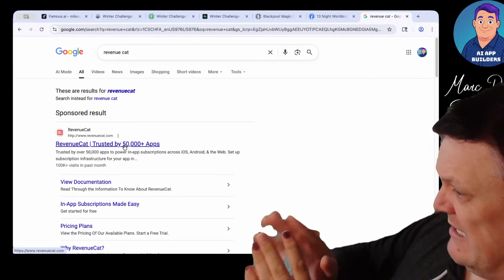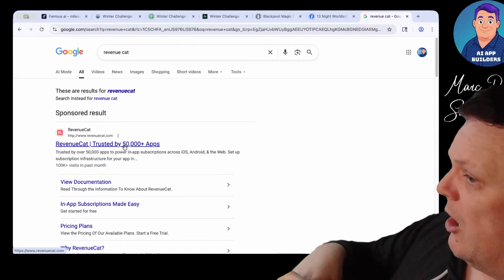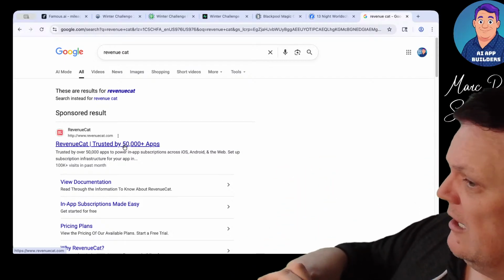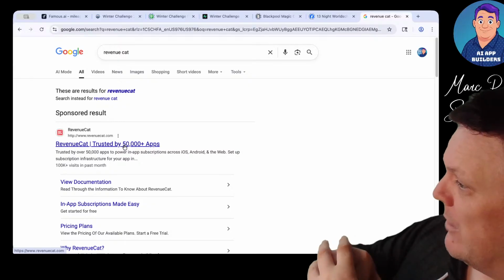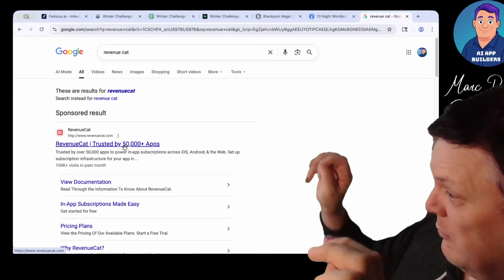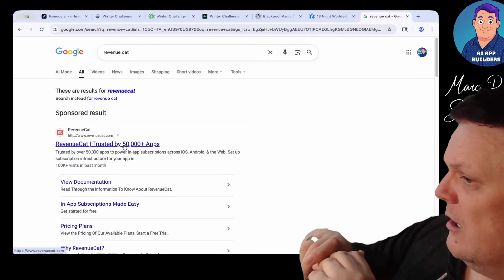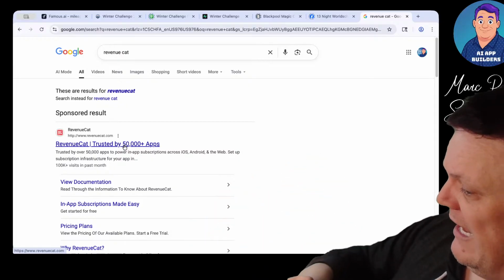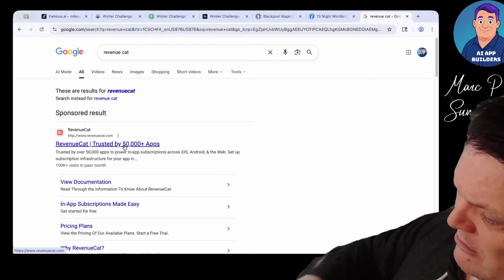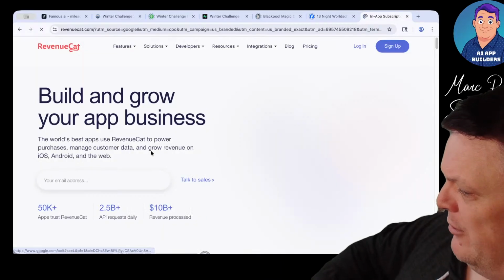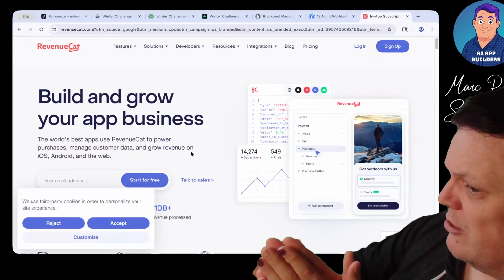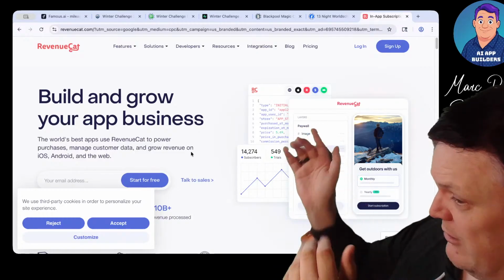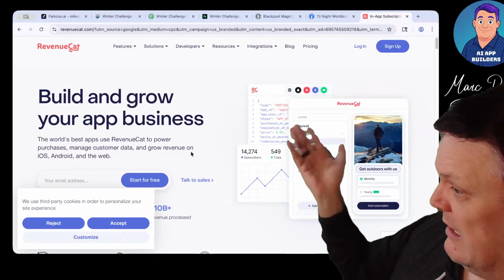So mobile apps in the App Store can only handle your initial payment for the app. And this is why over the last few years, most apps have gone to be free with in-app purchases. The reason for that is they want as many people to install the app, and then within the app, you deal with the in-app purchases. And so RevenueCat handles those in-app purchases, because what you want to be able to do is monetize this with a revenue stream